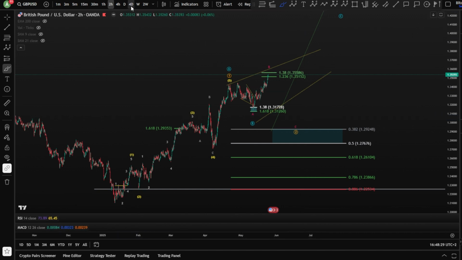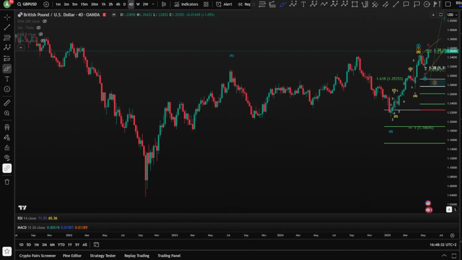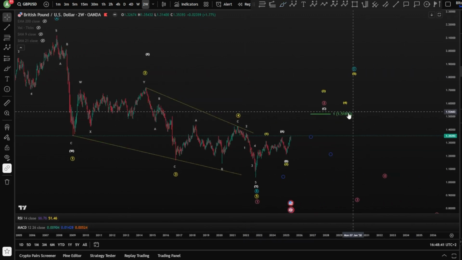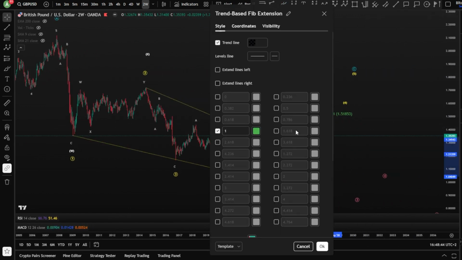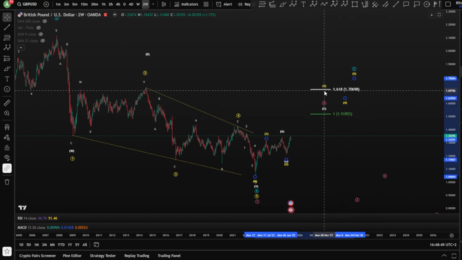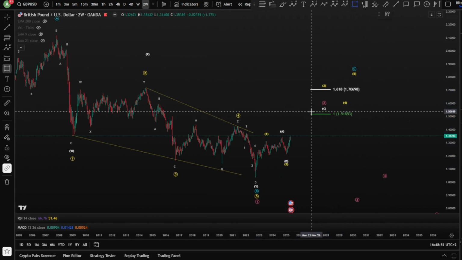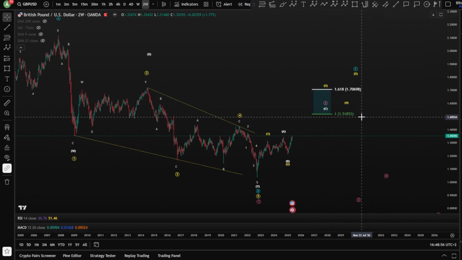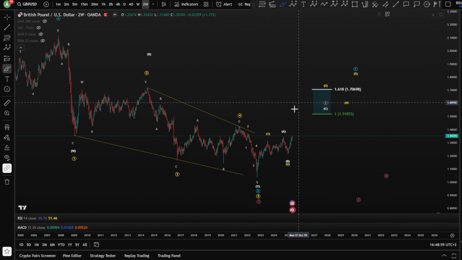So we're going to see the targets for this correction, or I would say for this trend toward the upside on the daily, given as the following. You would like to hit at least the 1 to 1 level as a zigzag, but if you are impulsive, you would like to see the 1.7 given for a wave 3 here. So the targets for the GPP in any case scenario can be hitting between the 1.5 and 1.7 for the next weeks as well, and we're going to see this as an impulse in all case scenarios.